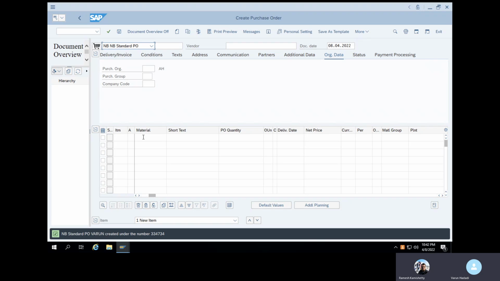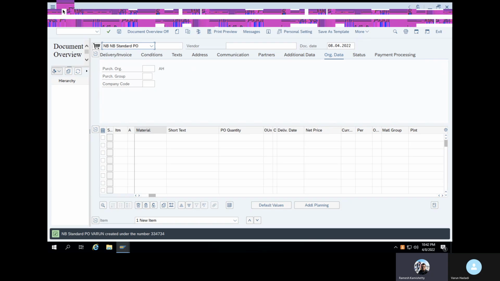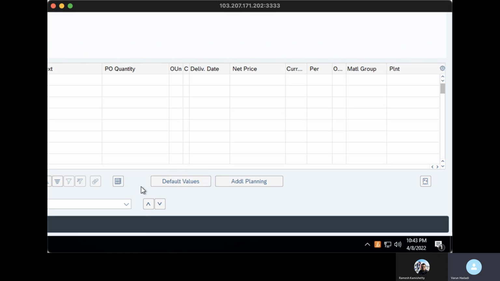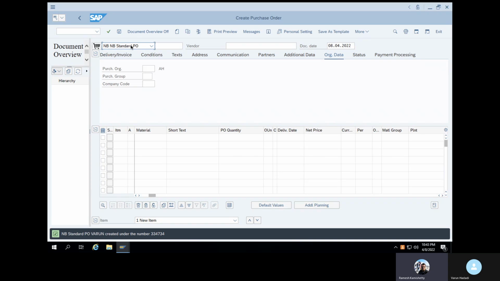Yeah, got it. Understood. Now you practice for PR and for PO, create a new document type and new number ranges, okay? If you want to assign an external number range, what do we have to do? You think and do some settings for the external number range. Okay, sure. I'll work on that. Read some literature, whatever I shared now. Read that one and practice enterprise structure, master data, purchase requisition and purchase order.